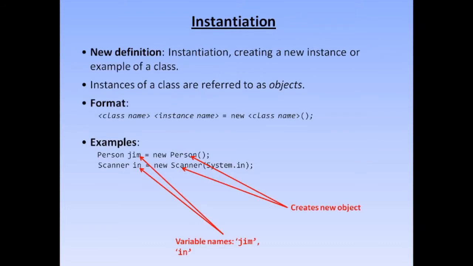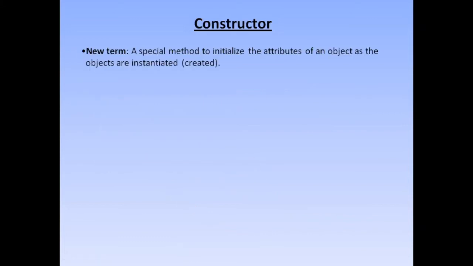As you can see in this example, we are providing some value inside it. This is Scanner and this parenthesis is known as the constructor. Here nothing is passed. When nothing is passed, the constructor is known as a default constructor, and it is handled by Java itself. In this case something is given inside it in order to initialize the attributes when creating a particular object through a constructor for a class.